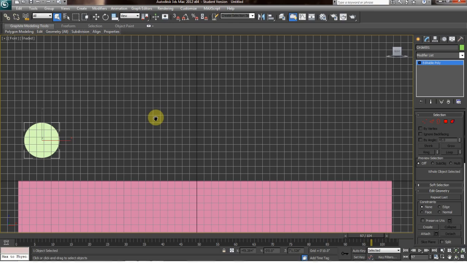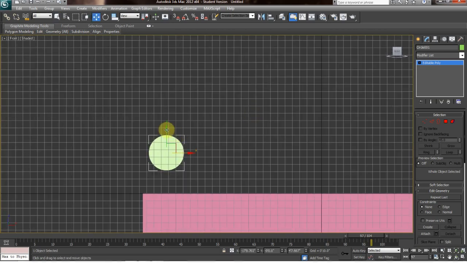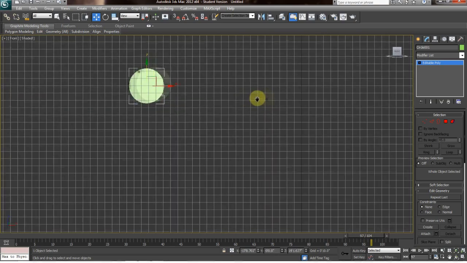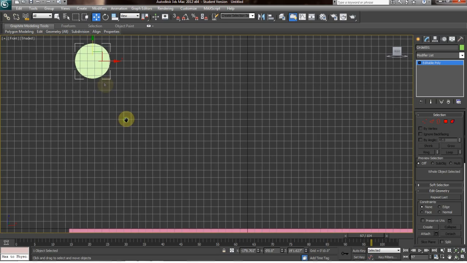Okay? So the next part is to move the ball to the starting position of where you want the ball to start the bounce. You could picture it's almost being dropped off of a counter, or somebody's throwing it or something, and then you base that off. You base where you're going to place it off of that. And so we're going to set that up here,